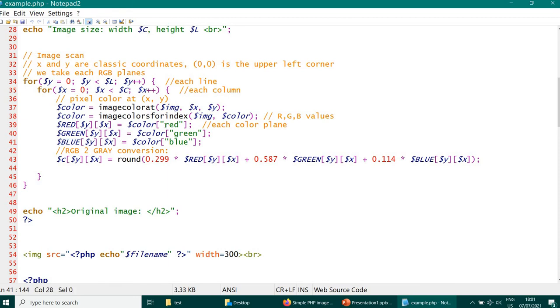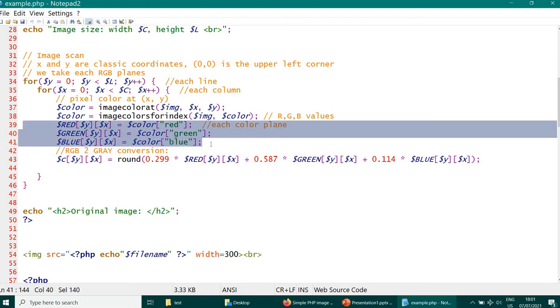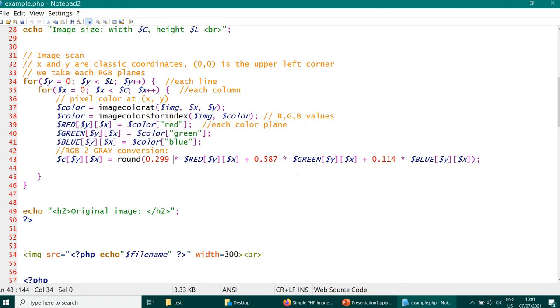I can access them with these indices. So here I have practically the image pixels at each coordinate. Here is a simple RGB to gray conversion of each pixel at X and Y coordinates, using a well-known formula to go from RGB to gray level. So C here will be a gray level version of the RGB image.